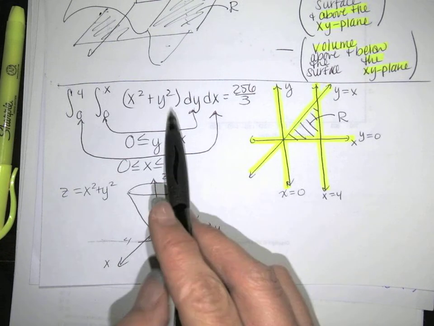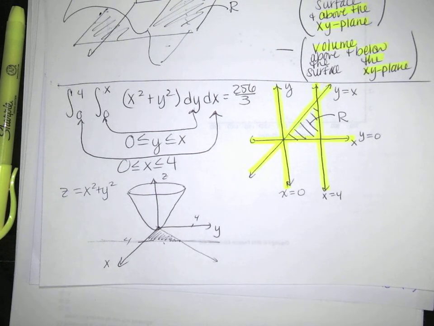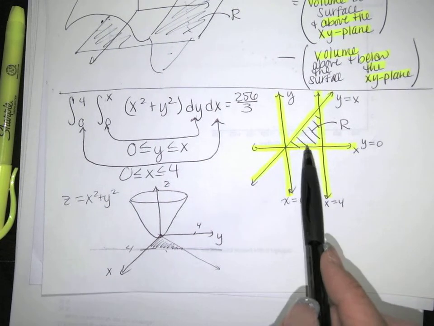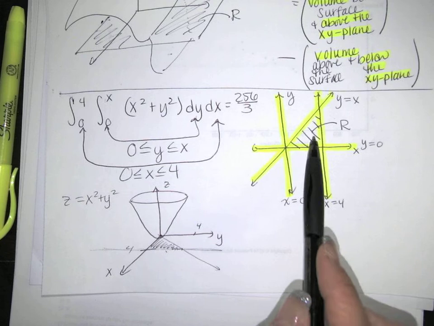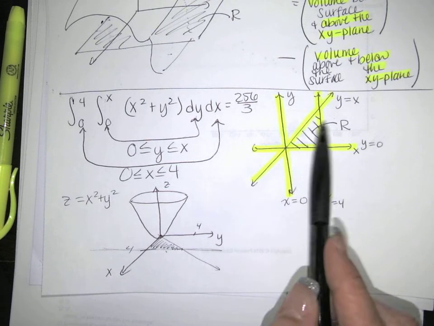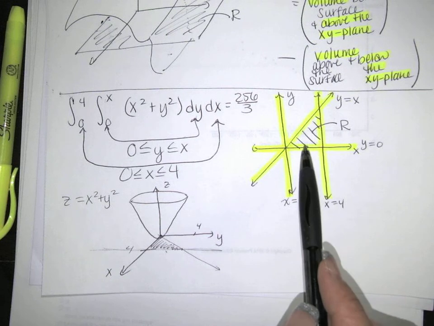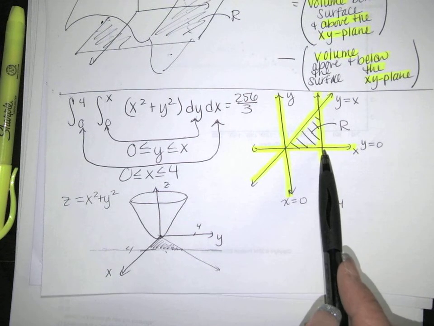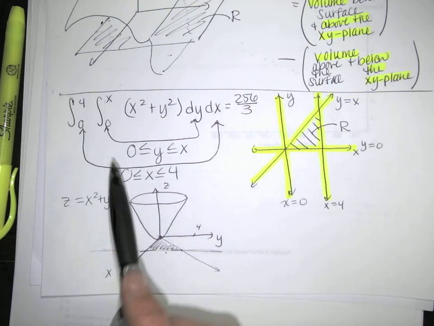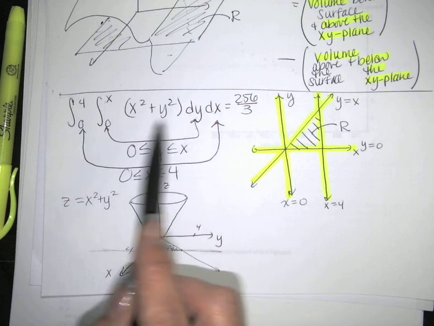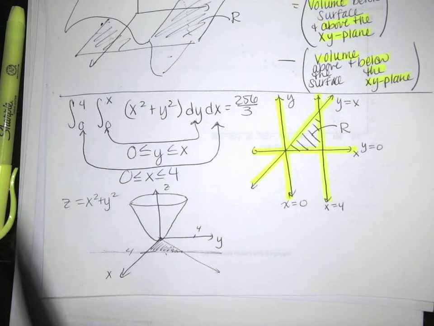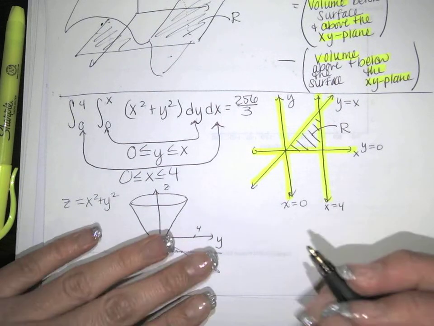Okay, so we're going to get back to this volume under the surface bit a little bit later, but what I really want you to see is that region R that we just came up with. This region R can be described differently now. Instead of finding the area of this region by integrating from 0 to 4 and just integrating y equals x to find the area under the curve, we can describe this region R with a double integral. This double integral is it. We've got y, and y goes from 0 to x, and x goes from 0 to 4. So if I just wanted the region R, the area of the region R,